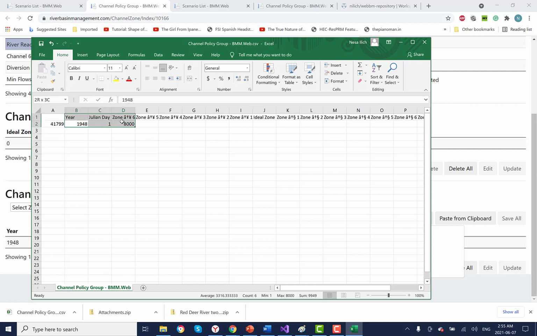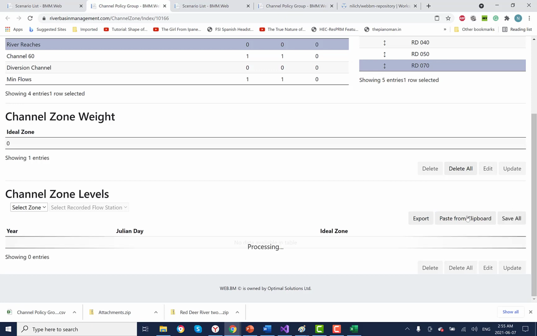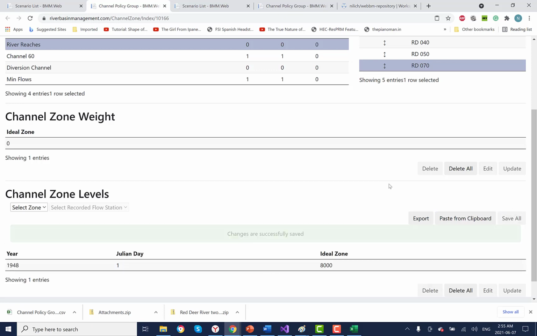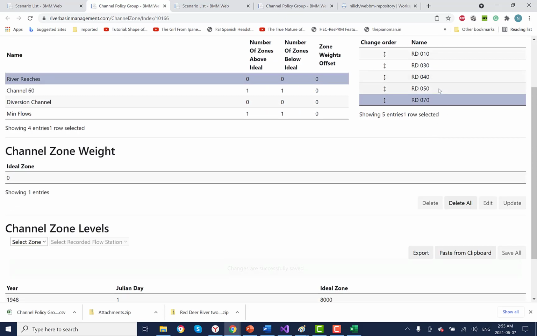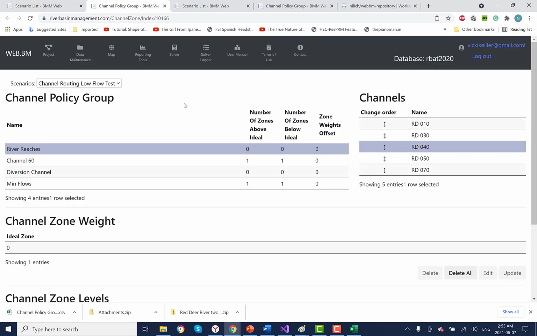Then we can use the same information that we're using for other channels for this channel. So once we click on RD70, you will see nothing here. Then we can click on paste from the clipboard, click on save all, and that should take care of this channel, same way as it does for all other channels in this group. So we should now be able to go back to the solver,